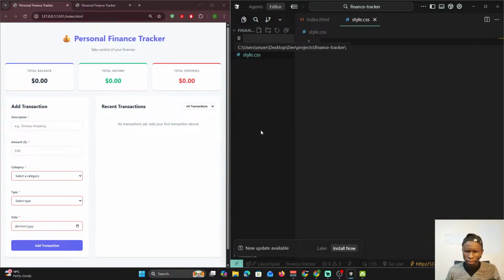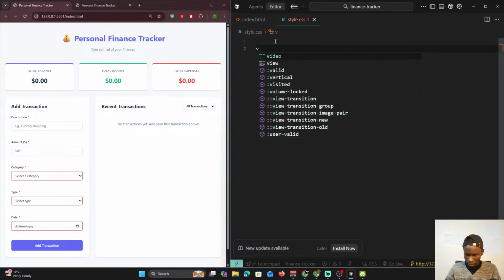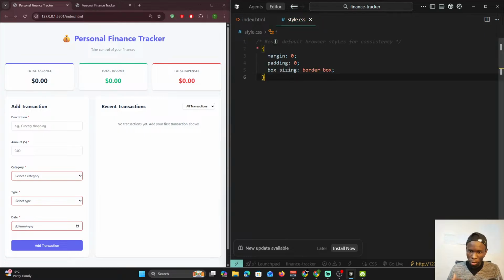So let's start with this. The first thing I'm going to do is reset all the defaults. I'll just be pasting what I did so that we're able to move faster. We are going to reset the default browser styles for consistency. This one is a universal selector, and then we have the margin, padding,